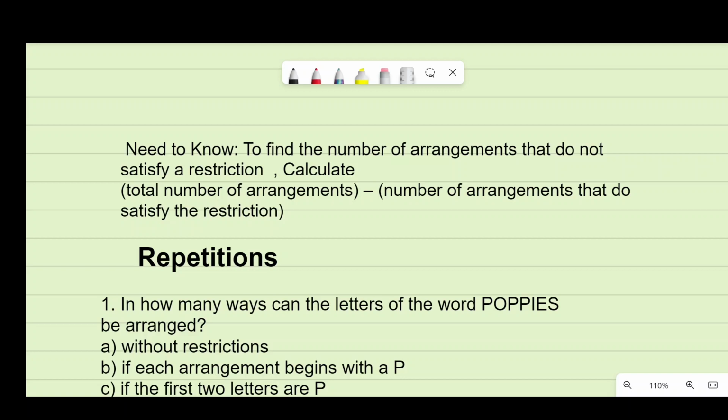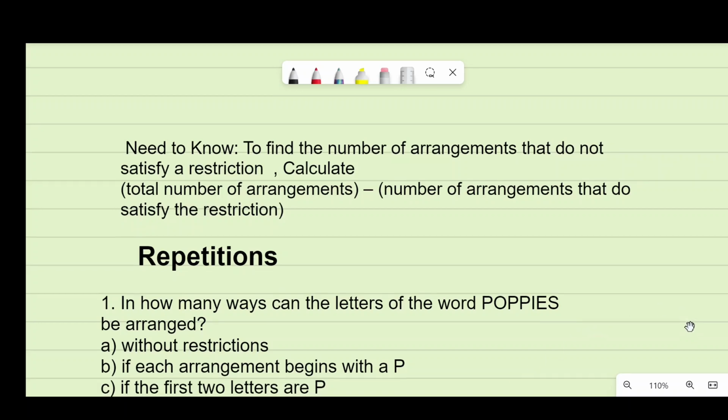In the last lesson, we were discussing questions with restrictions. And with the restrictions, you also have to know one thing. To find the number of arrangements that do not satisfy a restriction, you calculate the total number of arrangements minus the number of arrangements that do satisfy the restriction. You can write this as a note. Okay. While you are writing,